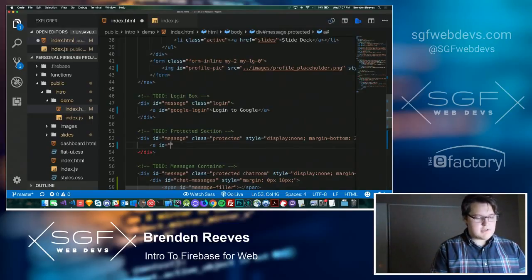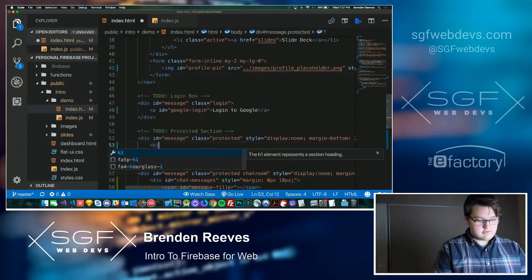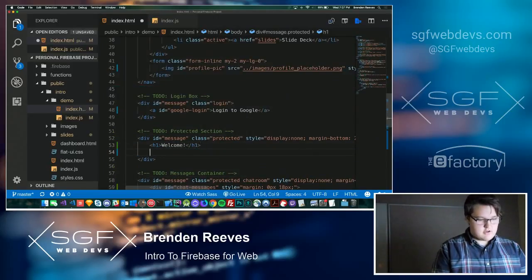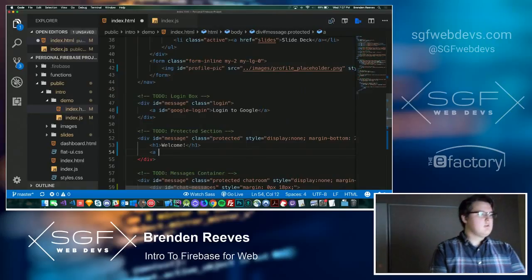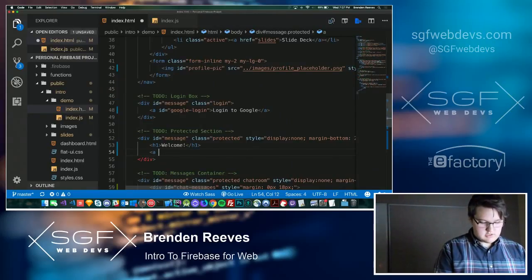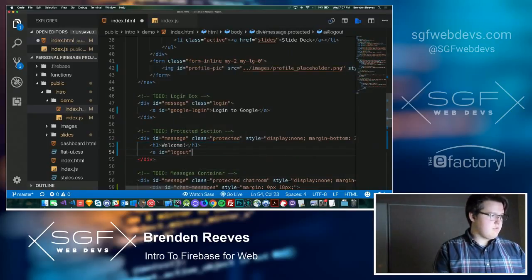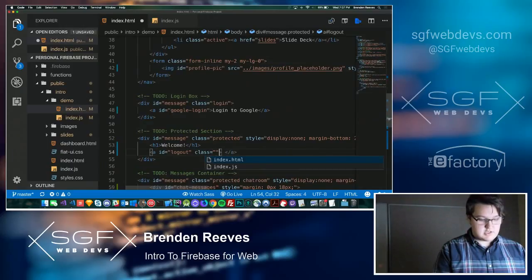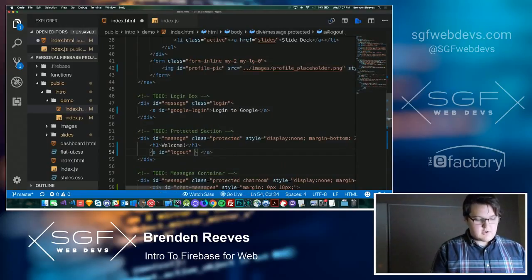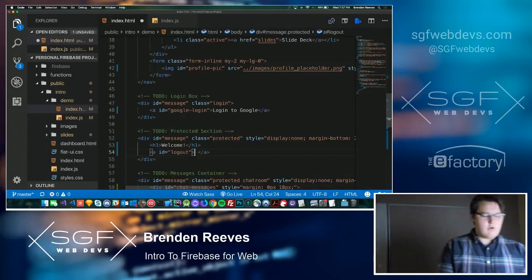So let's just put in a message here saying we're actually logged in, because we don't want the user to think they're not logged in. Just going to say welcome. Then put in an ID, same. It's my logout button. And I'm going to put a class on it saying that it's protected. Actually, it's already up there, don't need it there. So I haven't set up the protected class, but essentially all this is going to do